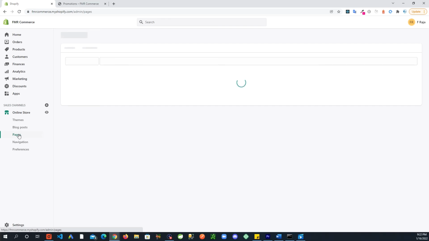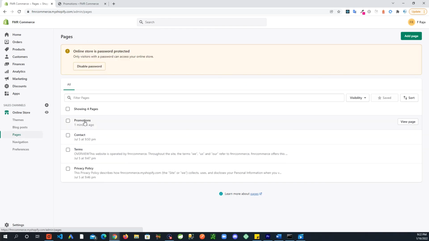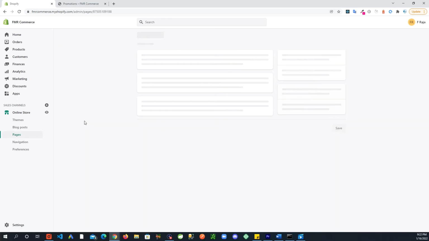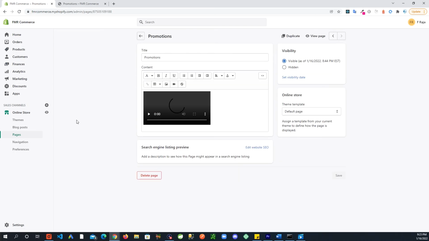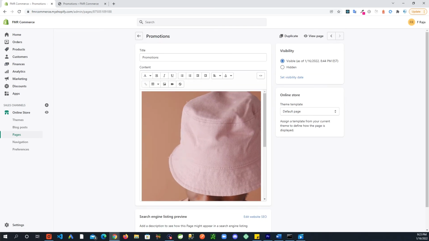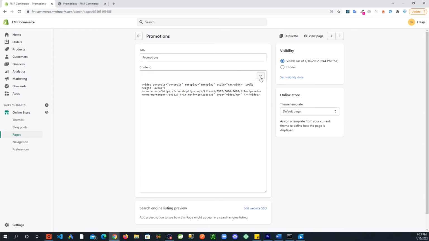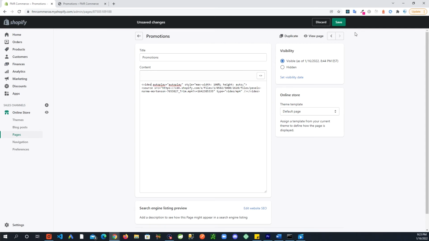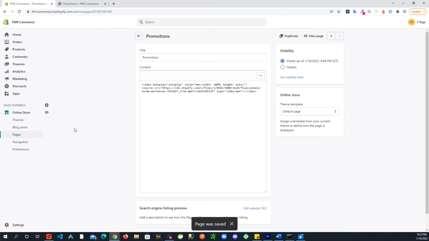Come on, pages. Alright. Okay, so we will switch to the code view here. You see these controls. If I get rid of this, save,